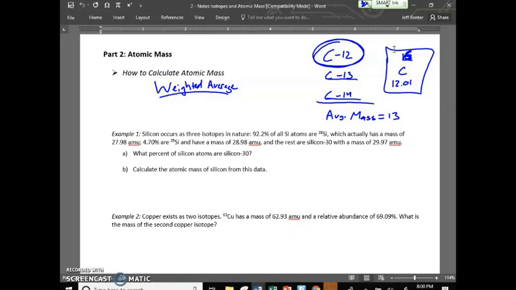And so it doesn't seem fair to say the average mass of carbon is 13 when there's hardly any carbon-13s out there, or carbon-14s. Most of it's carbon-12. And so we skew it heavily towards carbon-12. In fact, it's about 12.01 then. Right? So the way you actually calculate it is you would say your atomic mass is equal to the mass of the first isotope